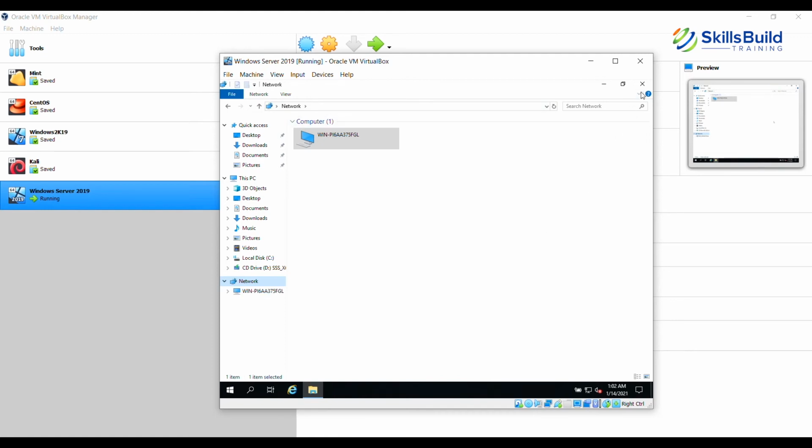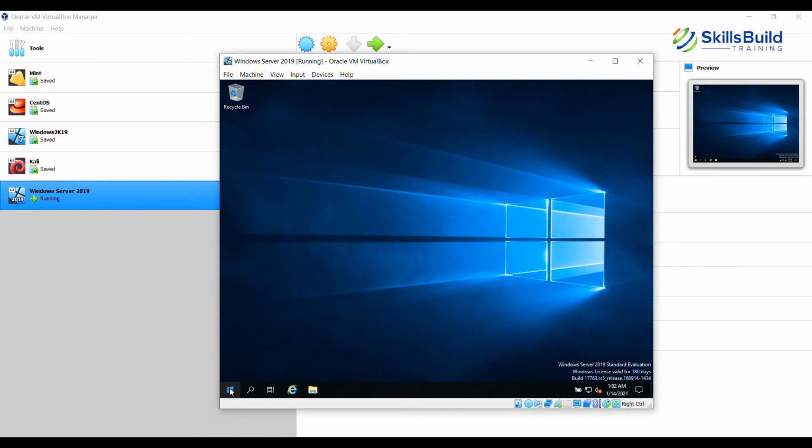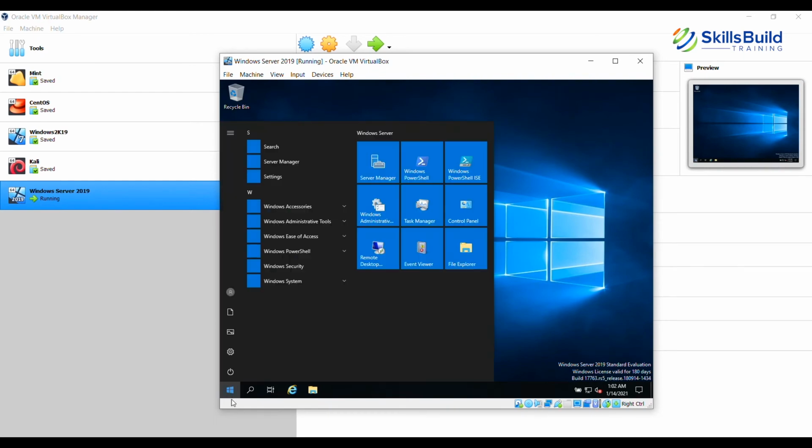So let's close this. Now let's explore the start menu a little bit. When you click on this particular Windows icon, notice that there are rather three different parts of the menu. So there are certain icons here: this is the administrator icon, then this is the documents folder icon, this is the pictures folder icon, this is settings. Once you click on this, it will take you to the settings page, and from here you can choose the option to restart or shut down.